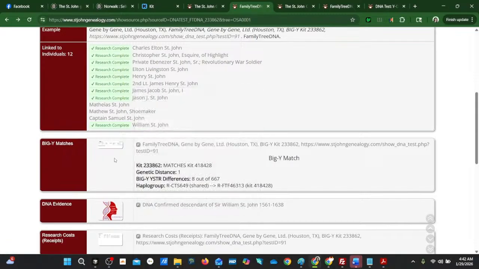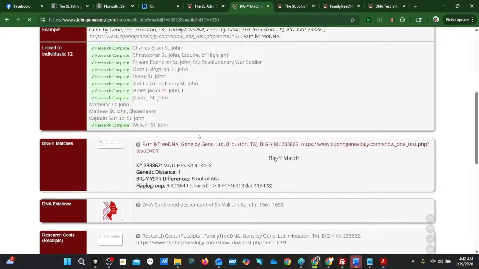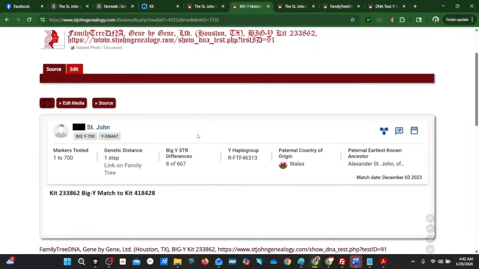So I've only got one entered, and we're going to walk through how to enter some more. But as you can see, I have a screenshot. I'm going to open this up. So I have this screenshot of the FTDNA matches list. I redacted the person's first name for privacy, and then I entered this row that shows that my brother's kit 233862 is a Big Y match to kit